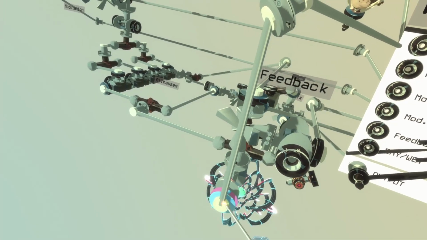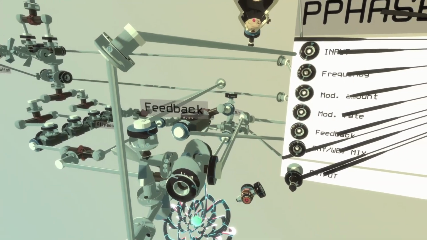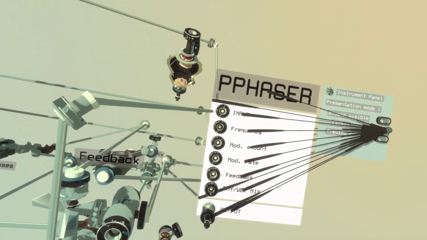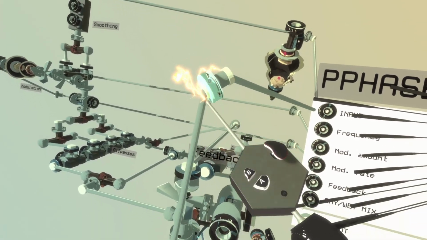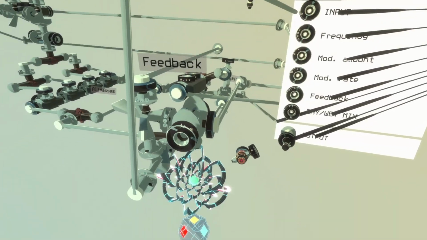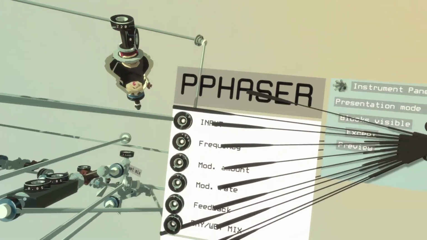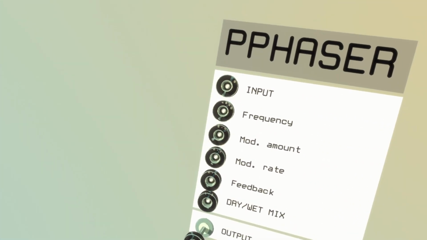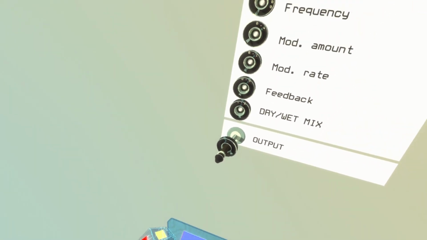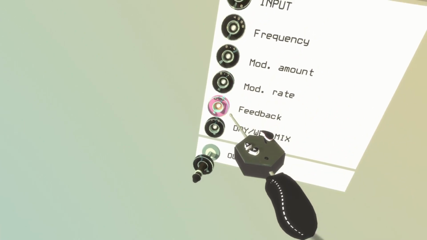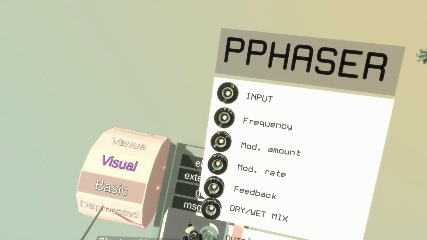We can actually edit stuff in here, but I would not recommend doing that because if you save your current patch and reload it later, the changes that you have made in here will be reset to the original settings of the subpatch. And the same actually goes, and this is a bit confusing, for the parameters here, because these are actually part of the subpatch. So if you want to make changes to these and keep them when you save your patch,